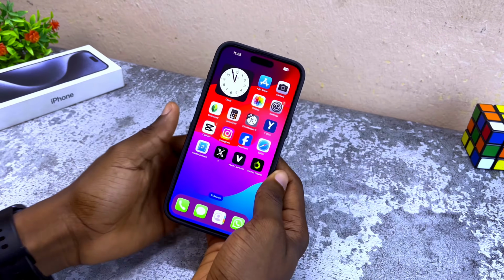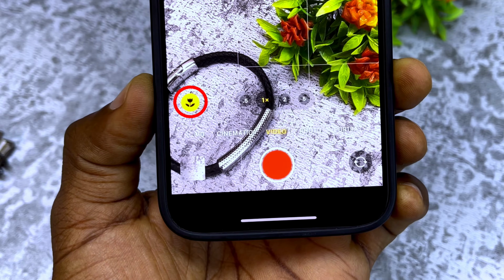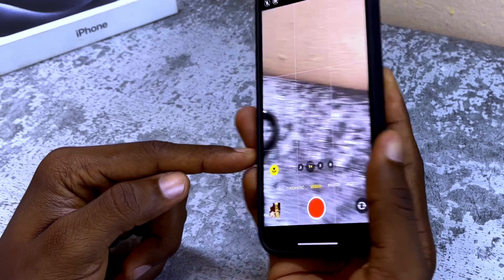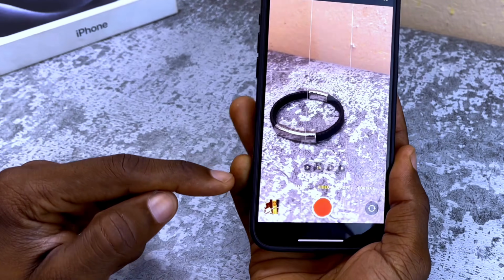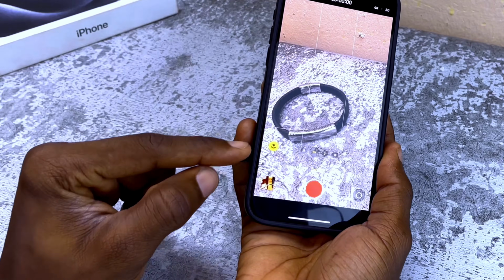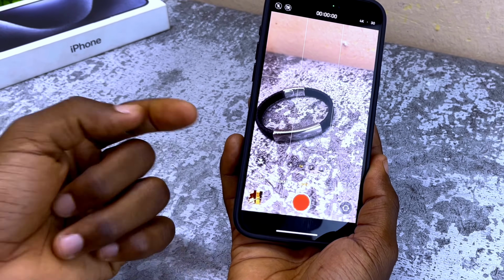Alright guys, so today's video is about how to turn on or off camera macro control on your iPhone 15 Pro Max. As you can see right on my smartphone here, which is a 15 Pro Max, you can see the flower icon popping up when I go close to an object like this here. So if you want to turn this off, you can do it manually here, or if you want to remove